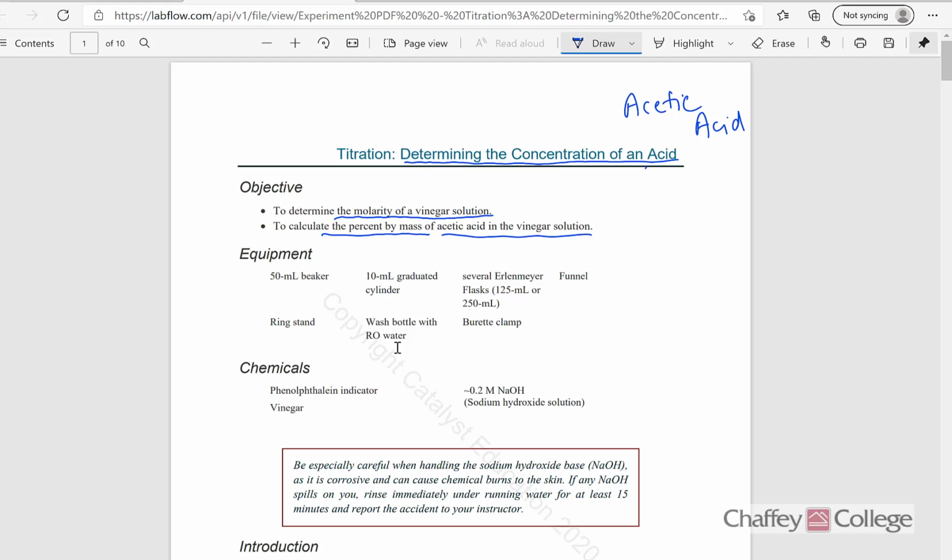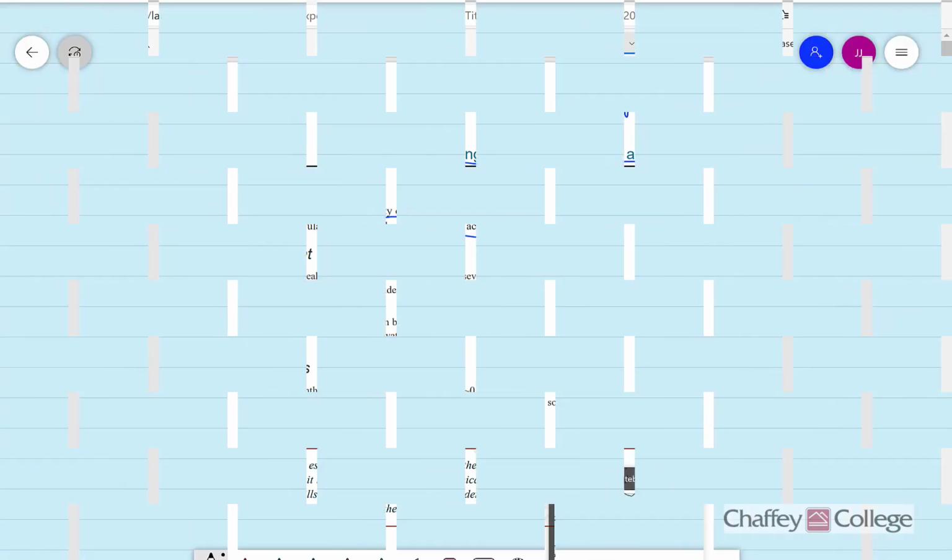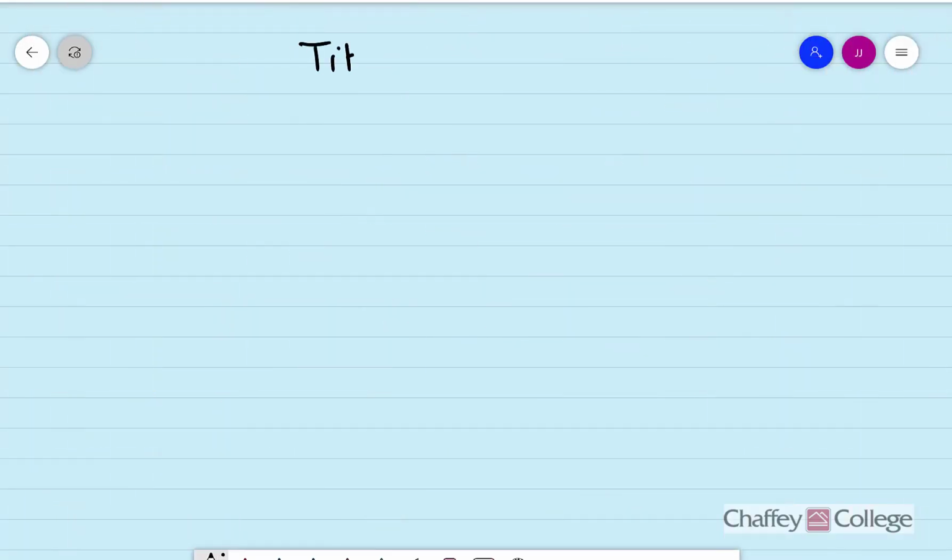We already learned how to conduct a titration experiment last week. I will briefly go over the experimental procedure one more time. So a titration experiment is essentially an acid-base neutralization reaction. So today we are going to use acetic acid. So the formula of acetic acid is